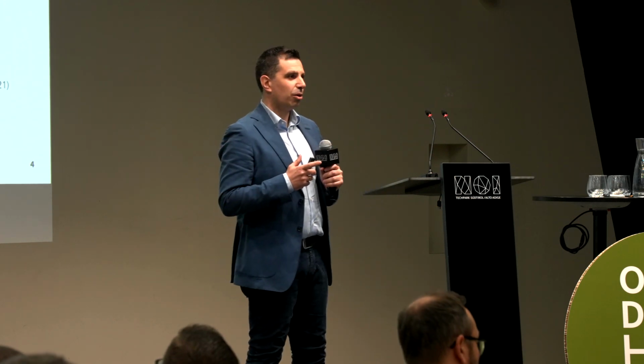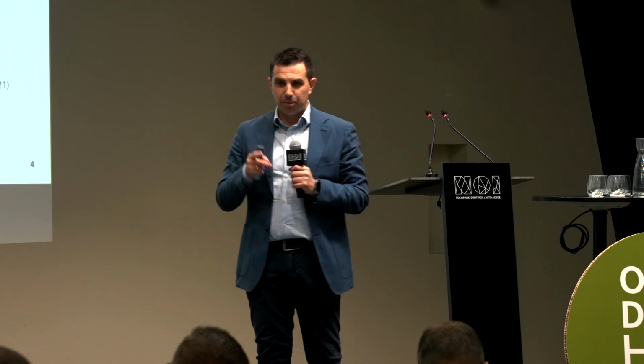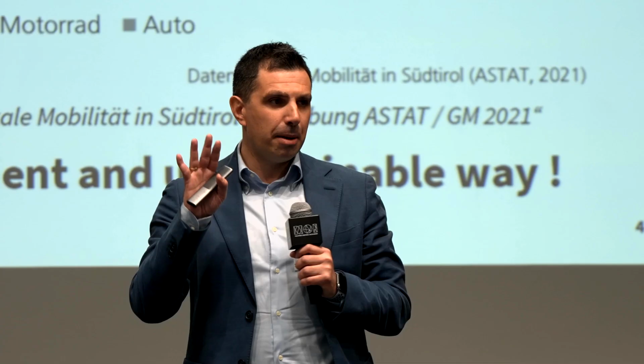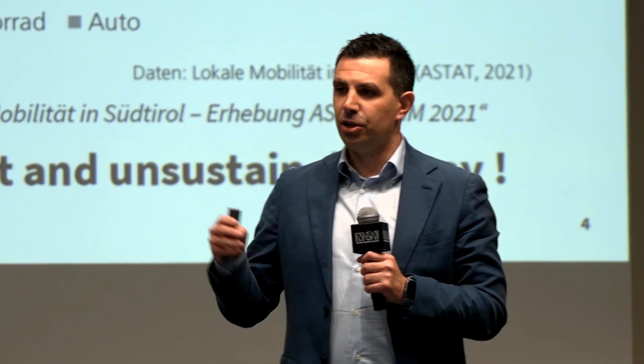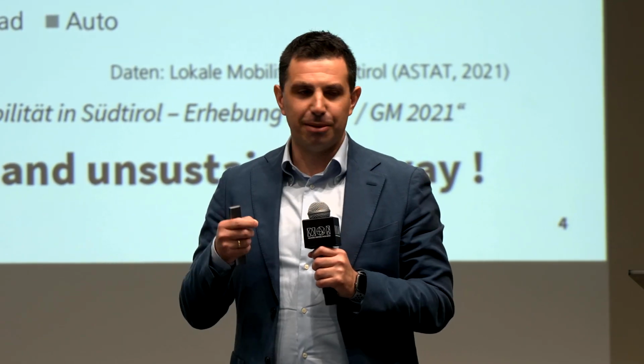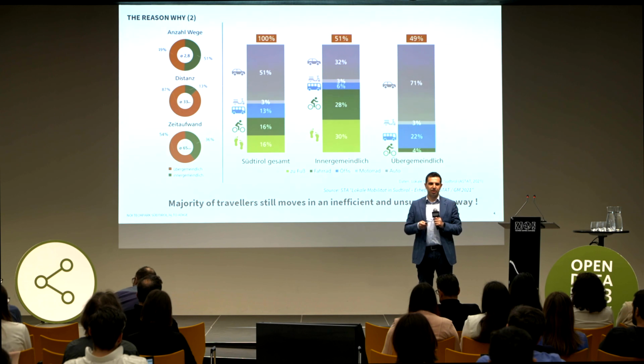The second point: okay, we can maybe address this with a lot of electrification of transportation. This could be a solution. But we have a second point. How can we ensure that the transportation system is efficient? Thinking about congestion, thinking about safety, all these kinds of issues. If we look at the study done by STAR in collaboration with ASTAT, this is the picture of the mobility situation in South Tyrol, how people move in South Tyrol. You will see the private car is still the main means of transportation, and this is not sustainable in a broader sense.